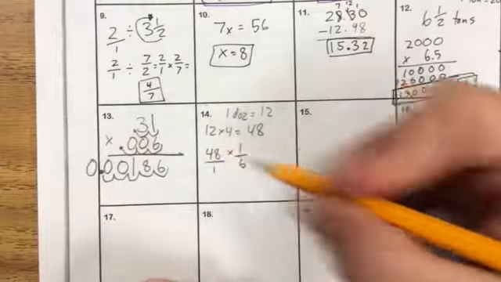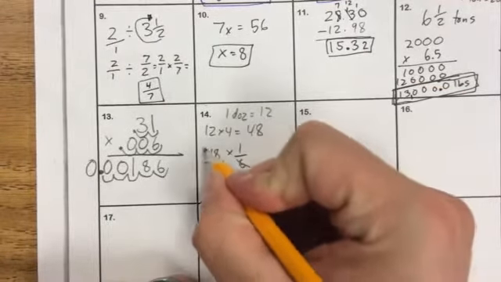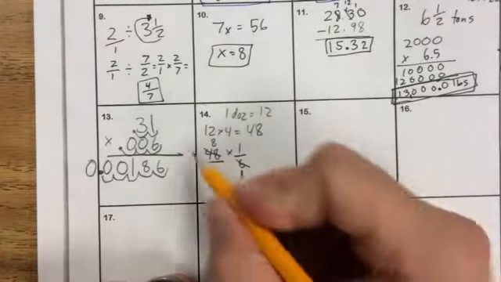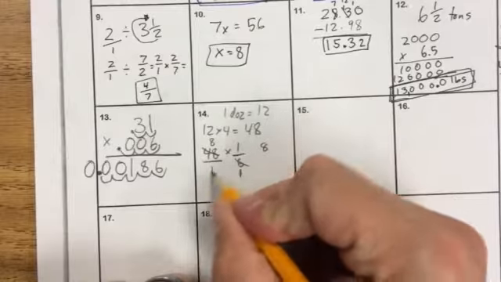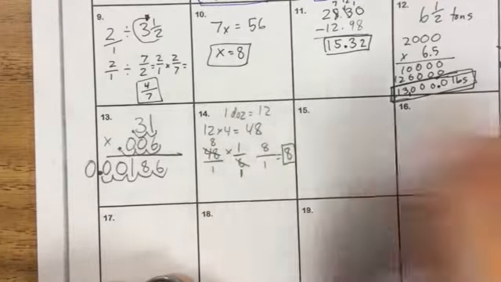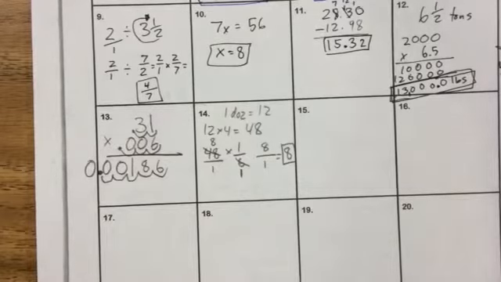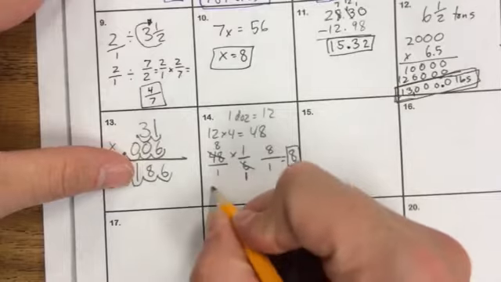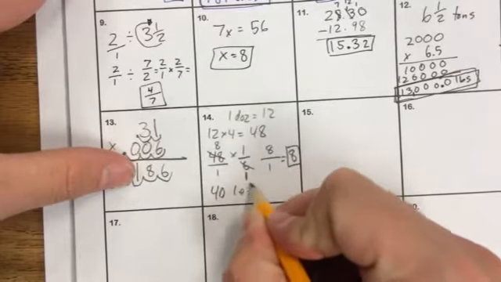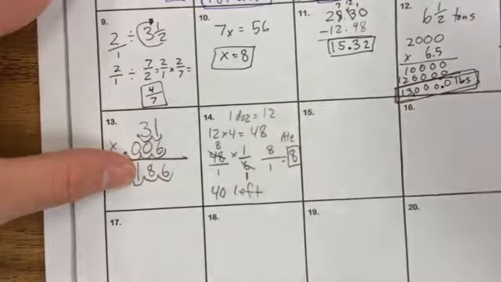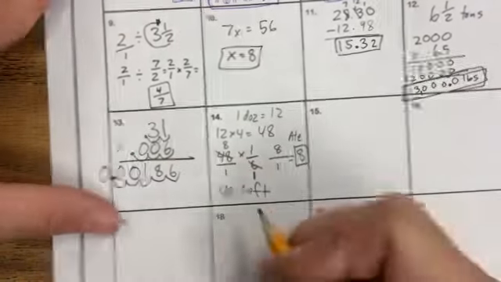And I can cross reduce here because I know that 6 is going to go into 48, so I'm going to make that a 1. I'm going to make that an 8. 8 times 1 is 8. 1 times 1 is 1, and I know that that's going to give me 8 there. So if she ate 1/6 of them, she ate 8 cookies. And there are 40 left. All right,